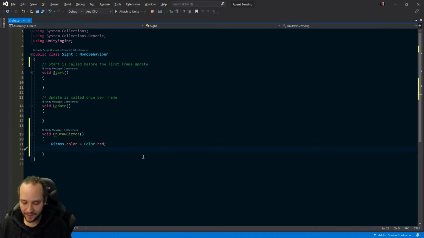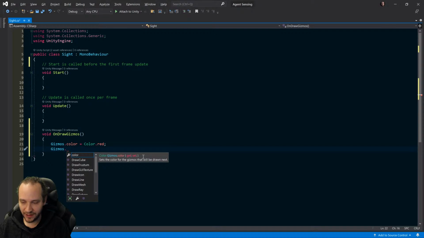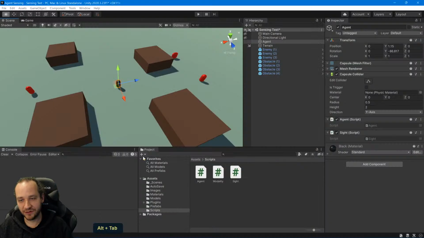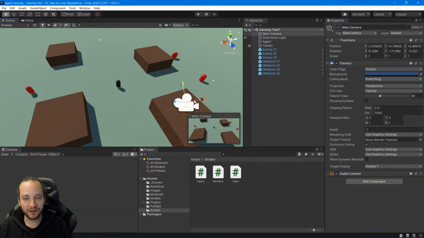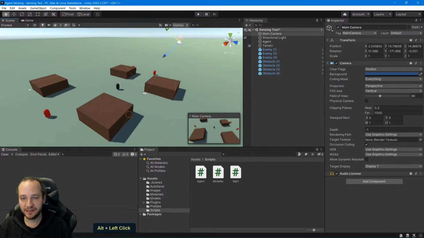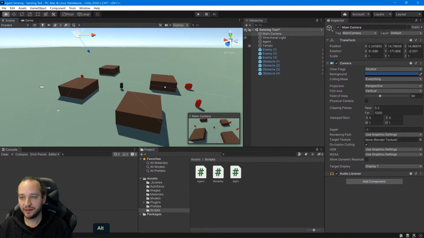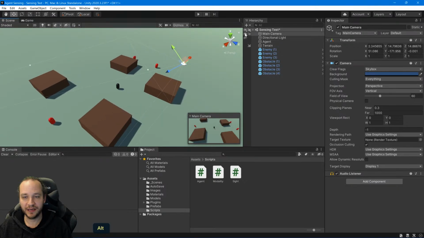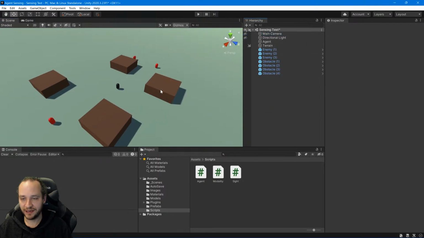And then in that color, I'm going to draw something. And the thing that I want to draw is what the agent sees. For that there's actually a handy function called frustum. A frustum is what a camera sees, so if I turn it back on here, you see that thing here, those lines. They're maybe not super clear, but those are the frustum of the camera. So I want that same thing for the agent to see what he sees. So I'm gonna